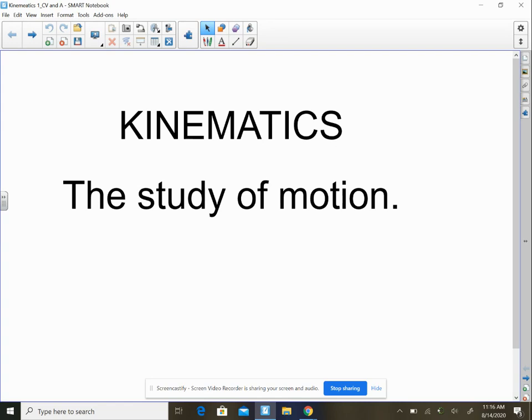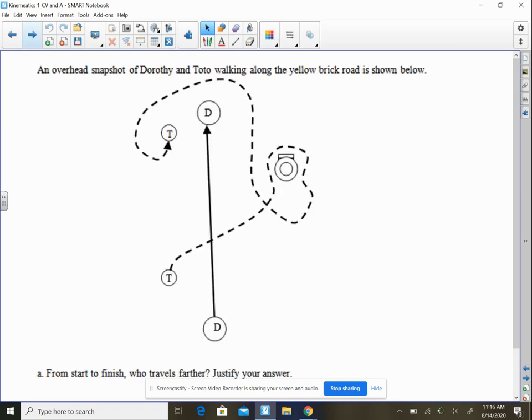Motion is foundational to understanding every other unit because the concepts will be explained by how the objects move. So let's get started. If you could see an overhead view of Dorothy and Toto walking down the yellow brick road, and this represents Dorothy, and this represents Toto,